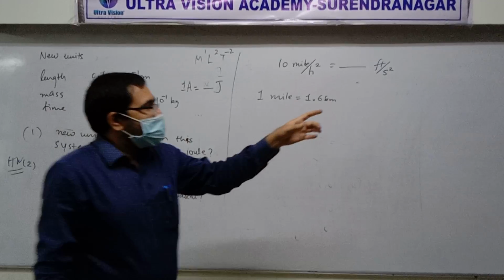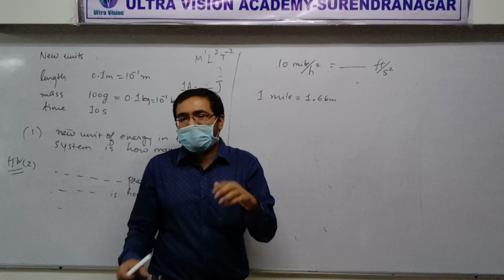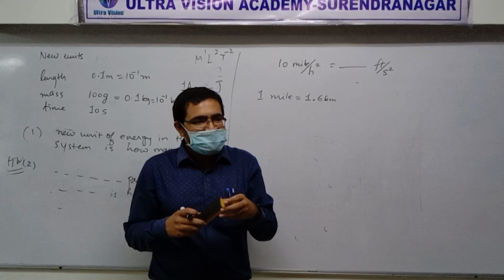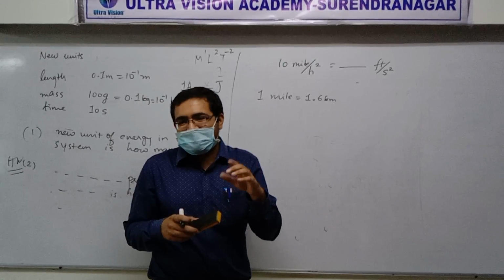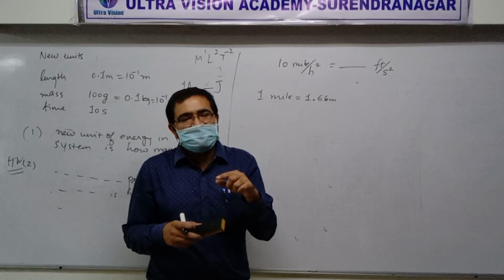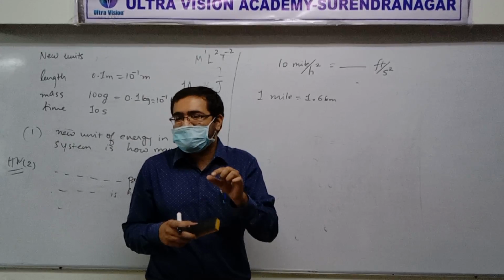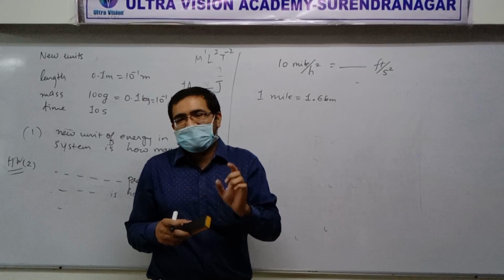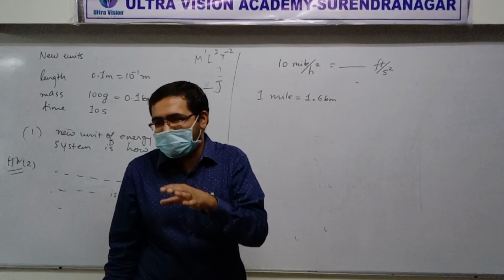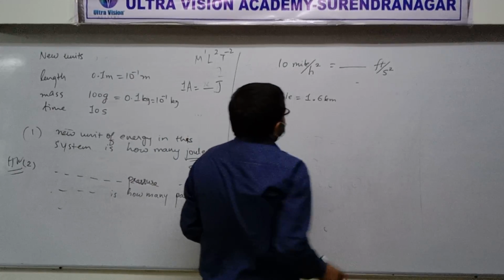Just like that, in common language, we use foot and feet. For plural, we say feet. Nobody says height is 5 foot 7 inches. We always say 5 feet and 7 inches. Actually, that's wrong. It should be 5 foot 7 inch. You get what I'm saying? Do not ever use plural in physics. But it's okay, it's not like you are going to lose marks or anything. I'm just telling you a rule that we have. Never mind.